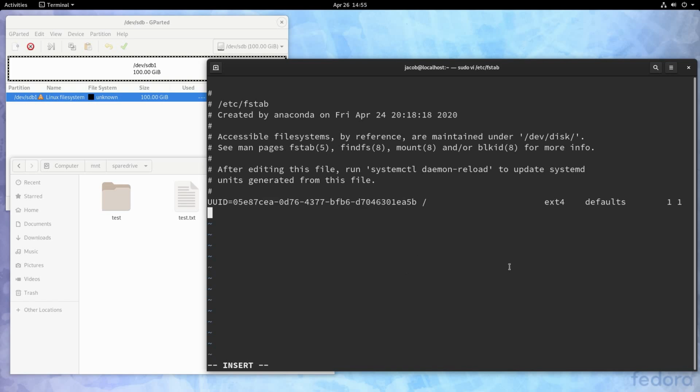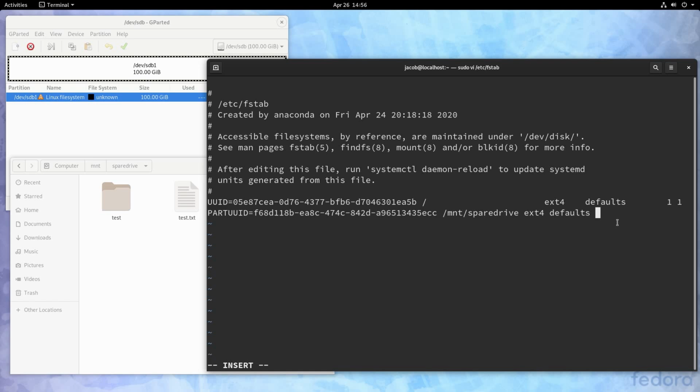But for our extra drive here, we're going to add PARTUUID equals, and we're going to paste in the PARTUUID of this partition. The next argument in the fstab is going to be the mount point that we want to use. So we're going to do /mnt/spare_drive, which is where we want this partition to be mounted. The next argument is the type of file system. We have an ext4 file system on this partition. And we're going to use just the defaults for the file system options. If you wanted to specify mounting a partition read-only or not updating access times on files when they're read, you would specify those things in the file system mounting options, but we're going to just use the defaults once again.